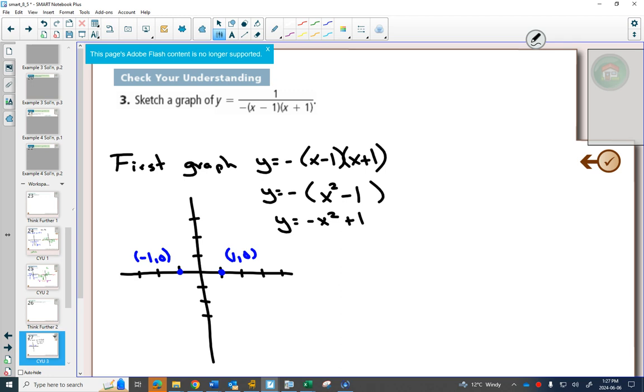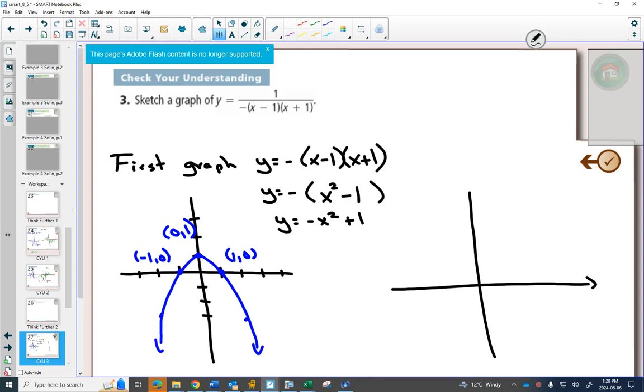And with that plus 1, you also see that your vertex is at 0, 1. Over 1, down 1, over 1, down 3. There's the graph. This would be the graph of y equals negative (x minus 1)(x plus 1). Now when we go to graph the reciprocal,